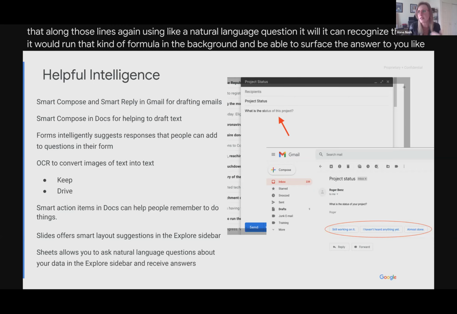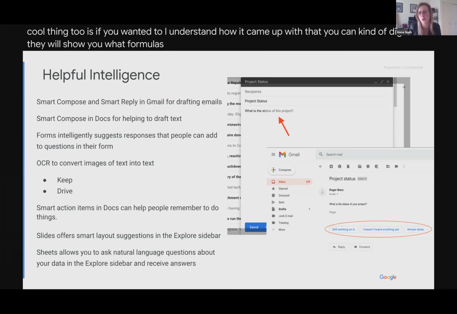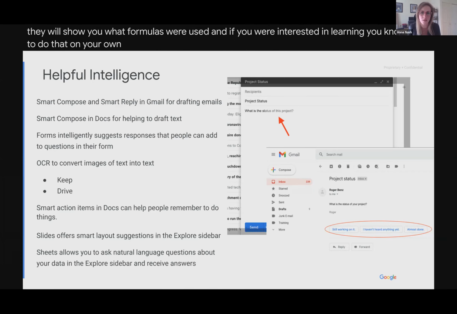The cool thing too is if you wanted to understand how it came up with that, you can dig into it, and it will show you what formulas were used, and if you were interested in learning how to do that on your own someday too. So